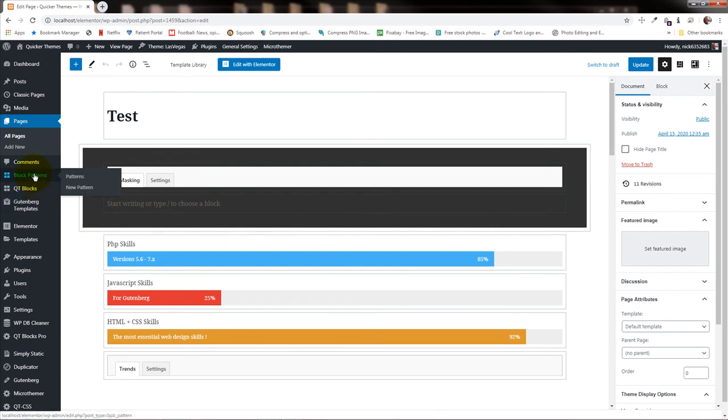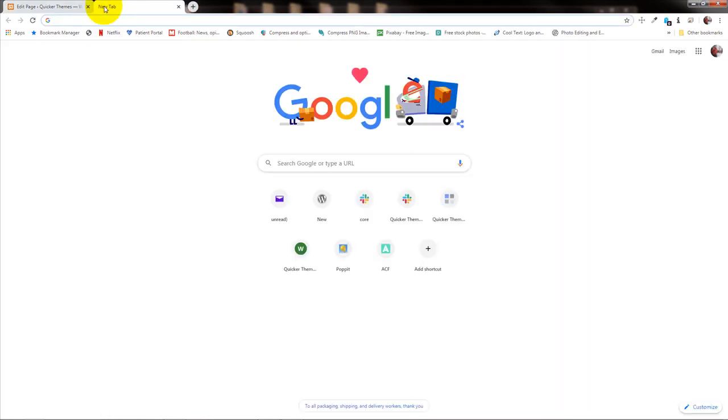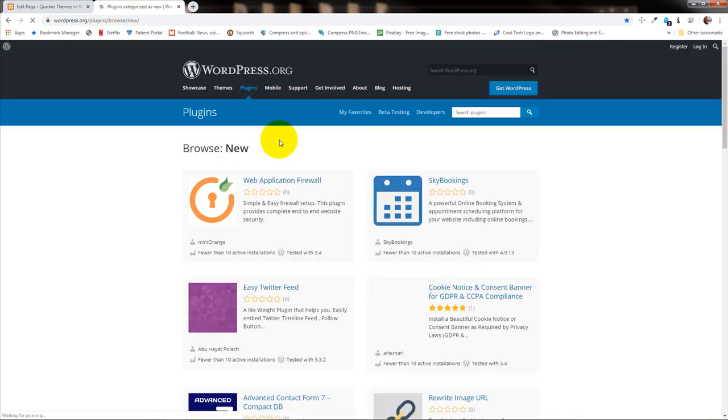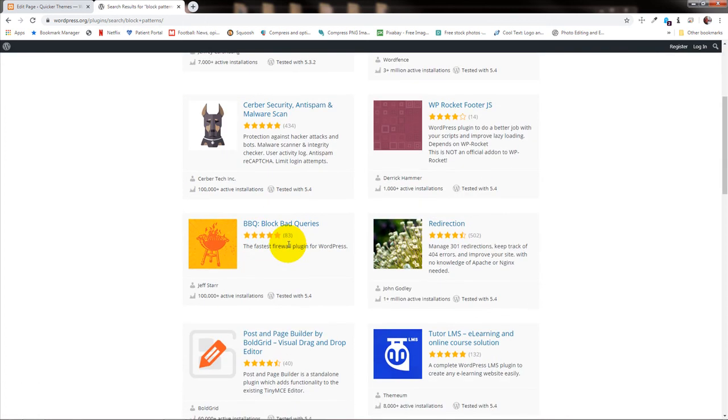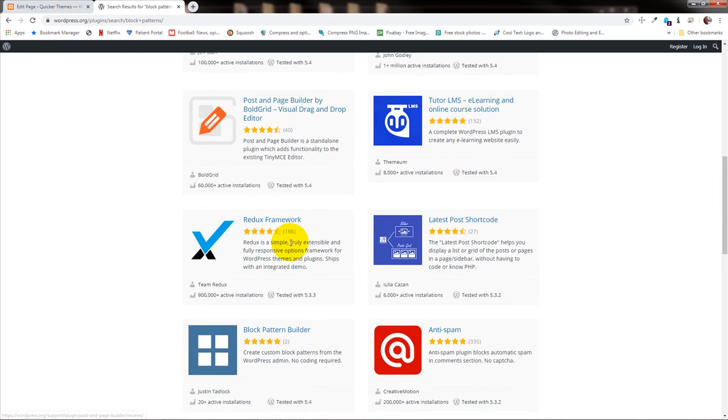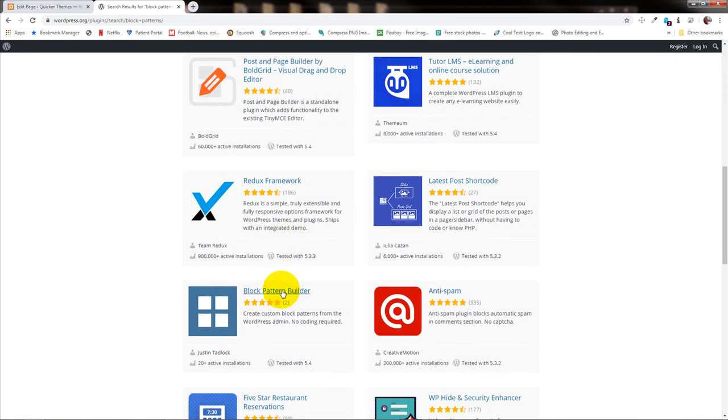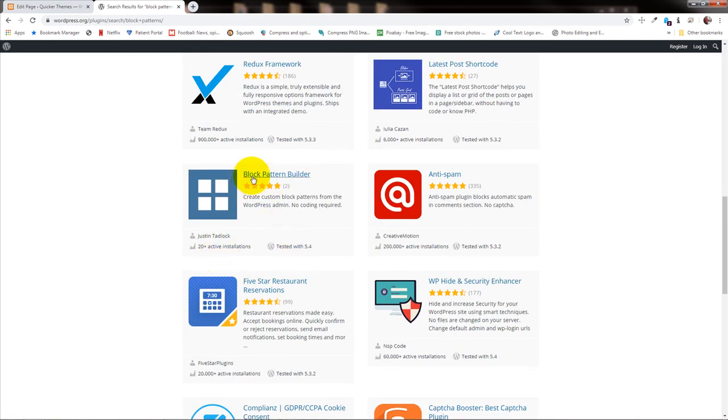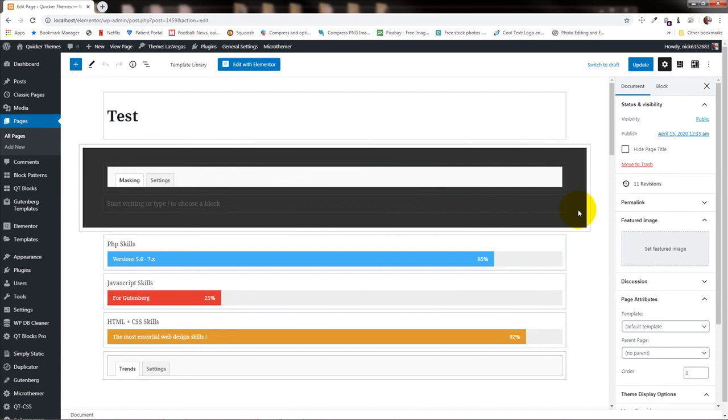Okay, there's a plugin called Block Patterns. You can get it from the WordPress plugin repository. It's called Block Patterns. There you go: Block Pattern Builder by Justin Tadlock. Download this. It only has 20 active installations, which is amazing that it's that low. All right, so once you install it and activate it,